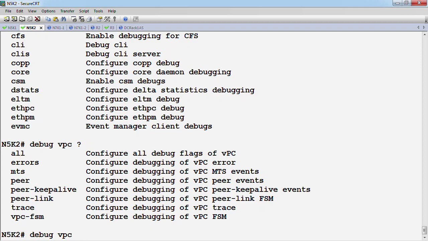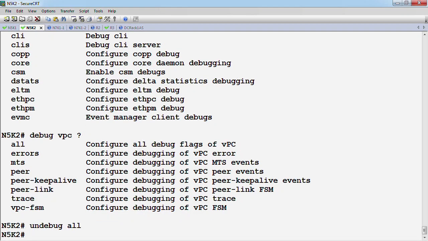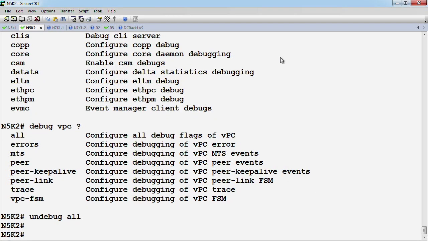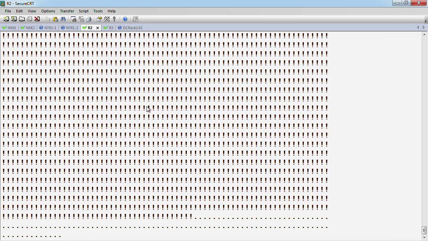The problem is a lot of these debugs are very chatty, and it's fairly difficult to sort through them to see exactly what you're looking for. But in any case, we can see that now, only since auto recovery was on. If auto recovery was off, which is the default behavior, the secondary would have not promoted itself back to the primary state here. If we now go to router 2,